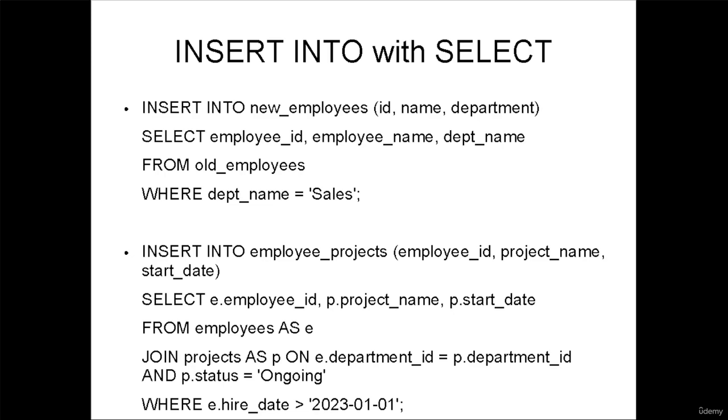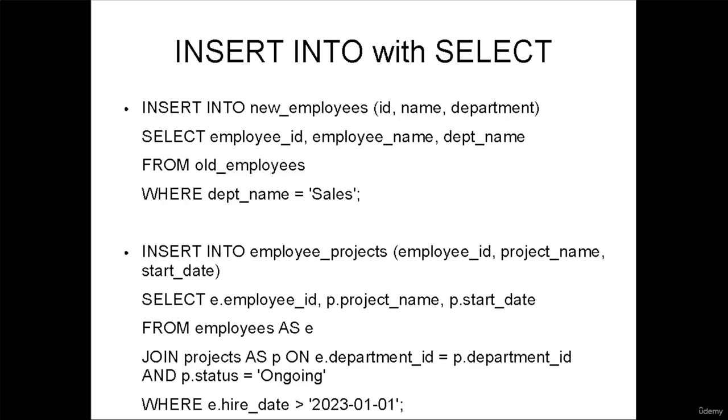Join, projects, as, p, on, e.department_ID equals p.department_ID, and, p.status equals ongoing. Where, e.hire_date greater than 2023-01-01. This SQL query inserts data into the employee_projects table, targeting the employee_ID, project_name,